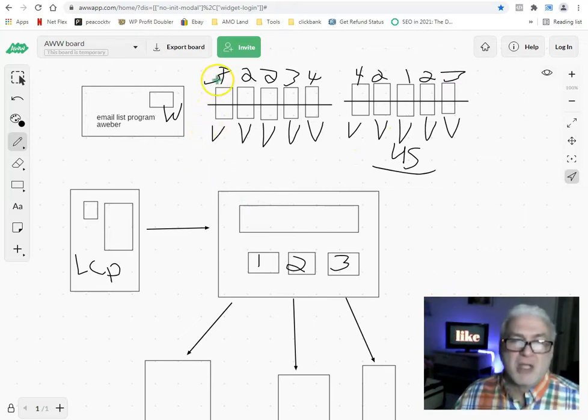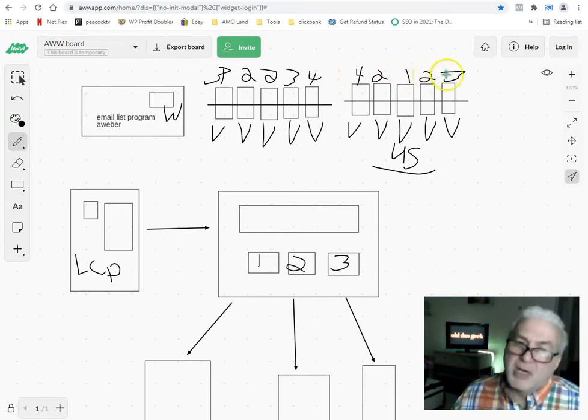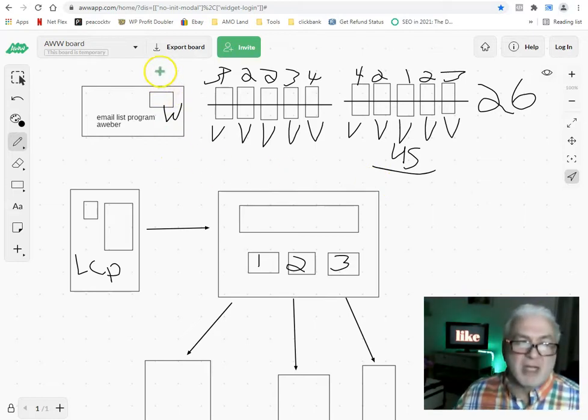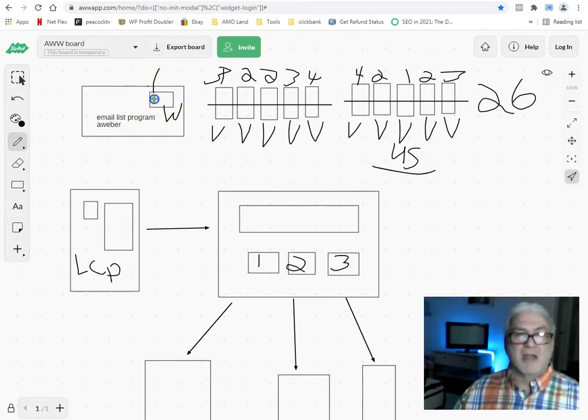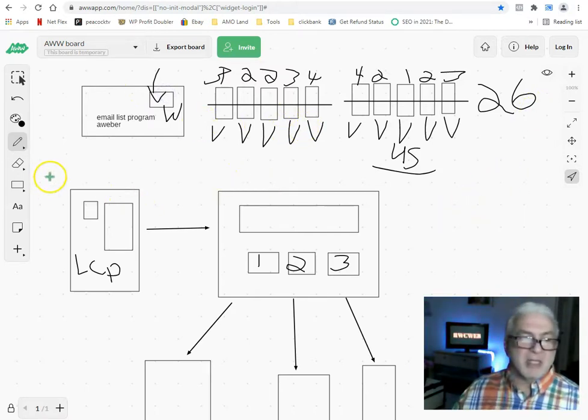And what that allows you to do, so you count them: 3, 5, 7, 10, 14, 18, 20, 21, 23, 26. So you've got 26 days now ahead of you from here. And in that 26 days, you're going to be able to